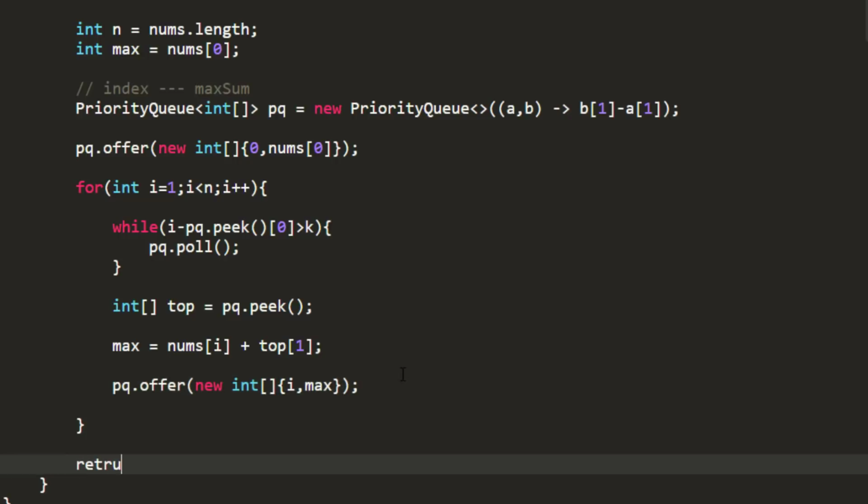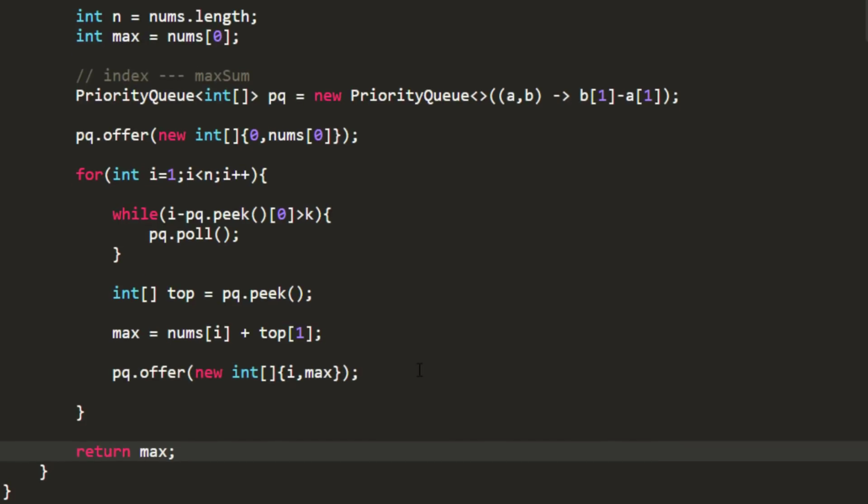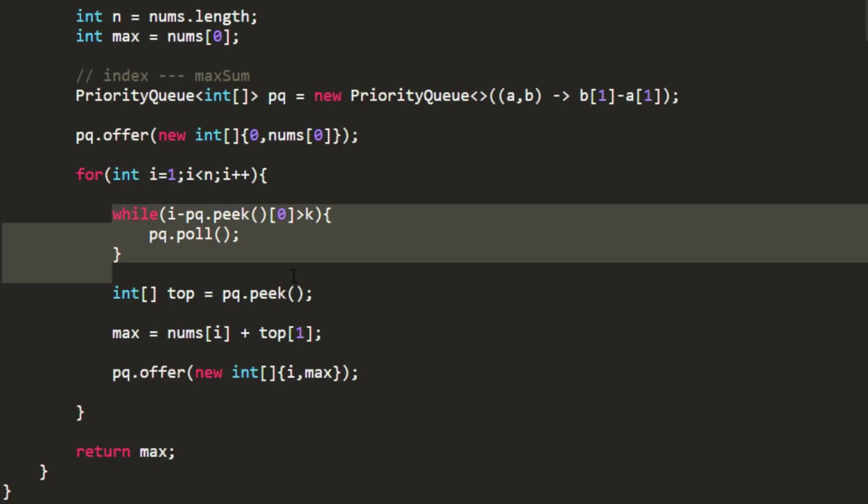Once we are done with all the iterations, the max will contain the answer for the maximum sum that we can achieve. So this covers all the steps that we mentioned over here. For every index starting from 1, we are checking if the priority queue contains only the k values relevant to this particular index.